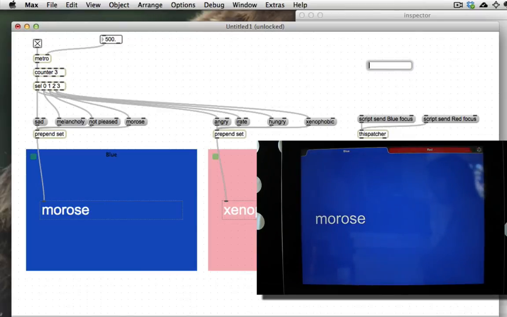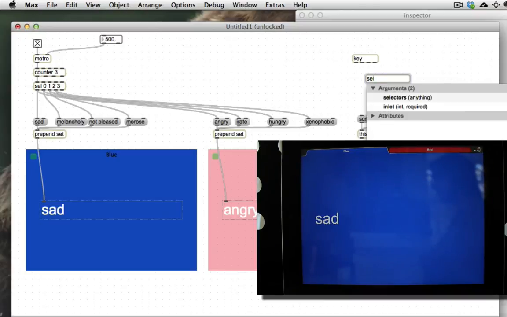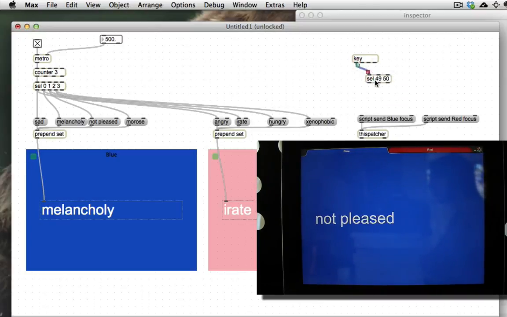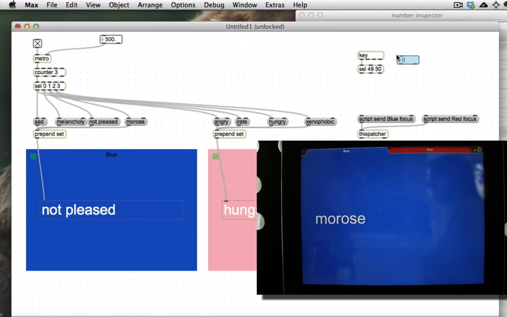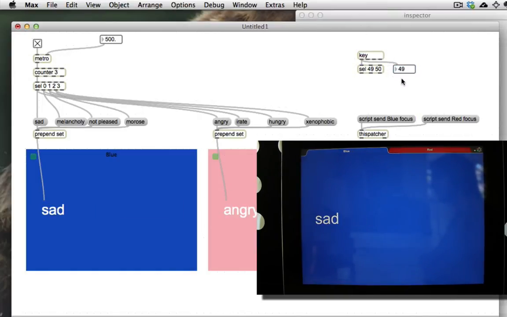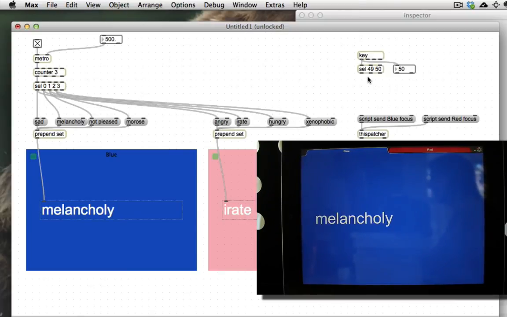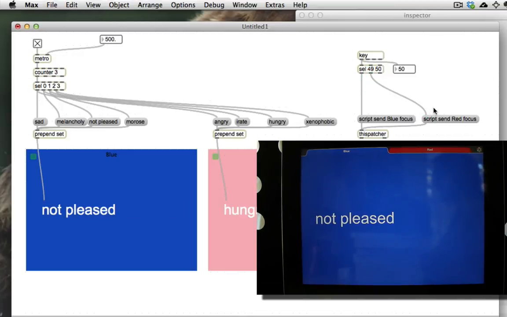So now we might throw a key object over here and then do, I don't know, cell 49 and cell 50. 49 is the 1 key and 50 is the 2 key. You can confirm that by hooking an integer box up to your key and then pushing 1. You'll see that prints a 49, and I push 2 and that prints a 50. That's pretty cool. In any case, we can hook this 49 up to the blue and the 50 up to the red. And now by pushing 1 and 2,